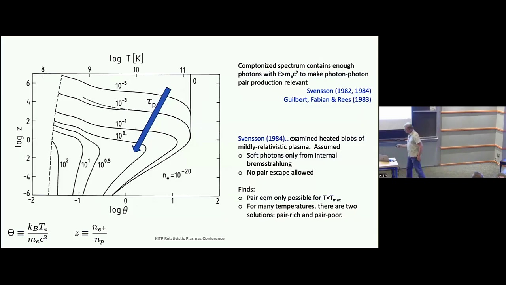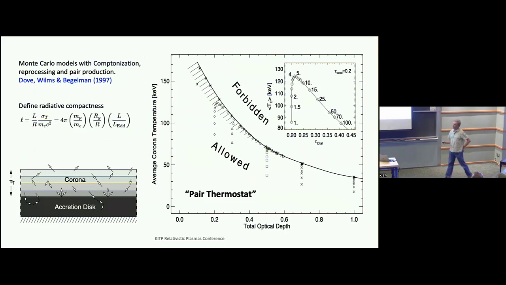Now let's take this and put it into the context of a corona. Again, there's lots of nice work done here. I've shown the paper by Dove, Wilms and Begelman from '97, and they adopted the code of Boris Stern, which is a classic nonlinear Monte Carlo code, and they asked the question: you have a corona. They included Comptonization, they included reprocessing of the disk, and they included pair production. What happens as you take a corona and just start cranking the temperature up? And if you look at this inset, this is the line you follow if you take a corona and you